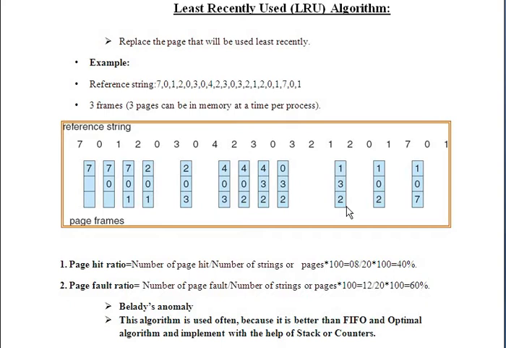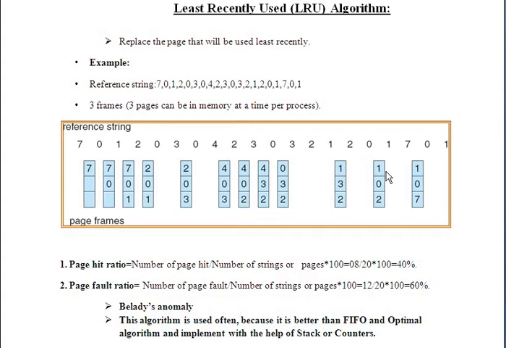2 is already there, a page hit will happen. Okay. Now where does 0 have to be placed? See, 1, 3, 2. 2 is next to 0, 1 is next to it, and 2 is again next to it, and 3 is next to it. That's why 3 is my least recently used. So 0 has been placed in place of 3. So 1, 0, 2 it becomes.